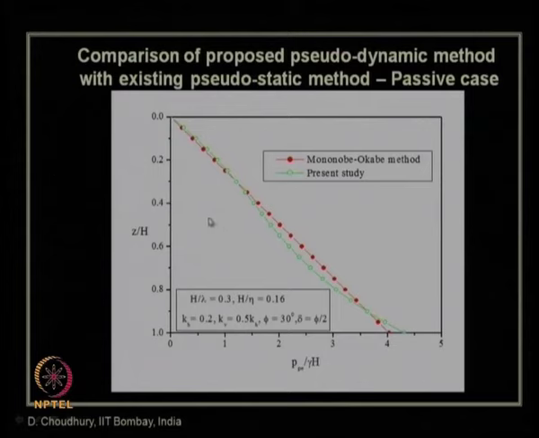This is another comparison you can see for this case of kh equals 0.2 and kv equals half of kh, with this value of phi and delta. The Mononobe-Okabe method, which is a pseudostatic method, will give a linear variation or hydrostatic distribution, a straight line variation like this, the red color, whereas the pseudodynamic method in the passive case is non-linear, and this is the non-linear variation. You can always say the total value of the passive earth pressure can be said almost similar for this particular chosen set of data values, but the passive earth pressure coefficient values may vary,